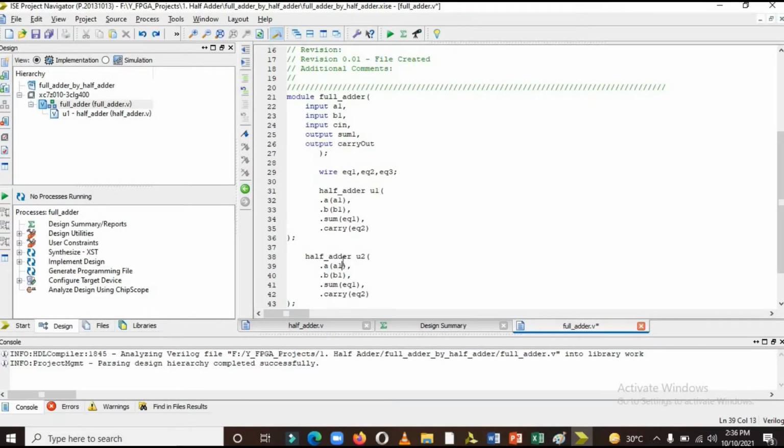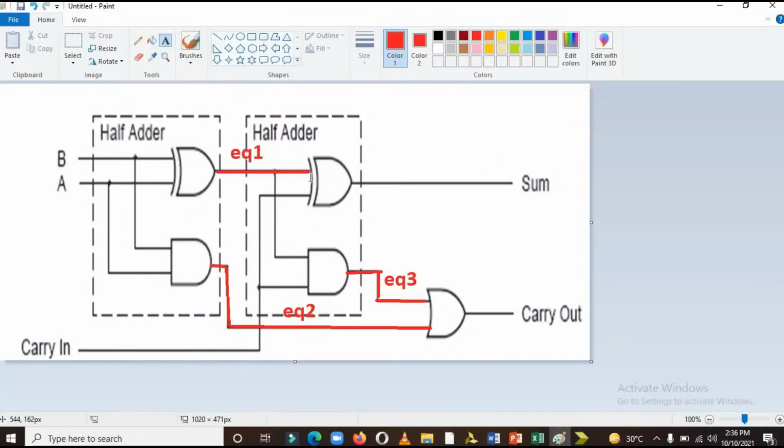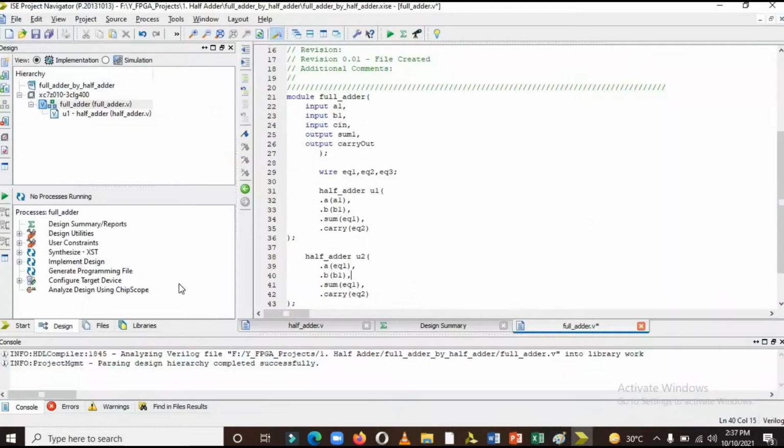So dot A here is connected with EQ1, because the output here, sum, is becoming the input of the second half adder. As you can see here, sum is connected to the wire EQ1, and the wire is connected to the input of the second half adder here, and the second input here we have carry in. We can see here, the second input is basically the carry in input. Alright, so C in is the second input,